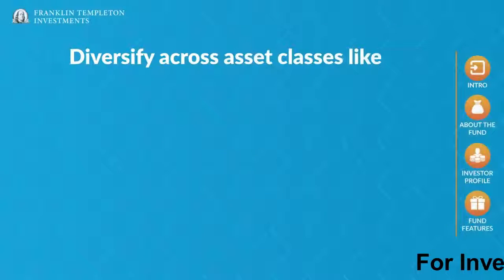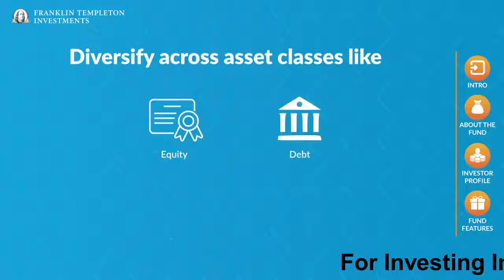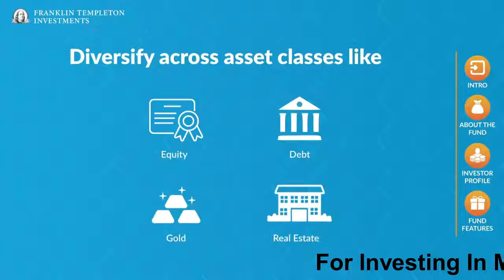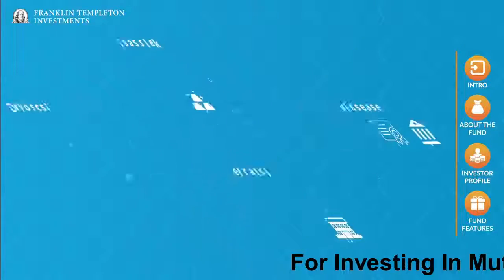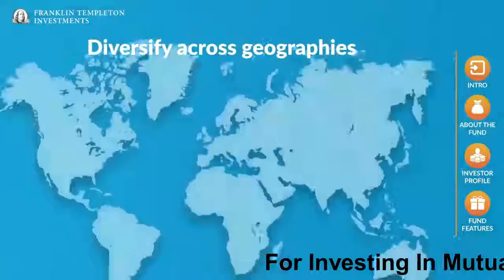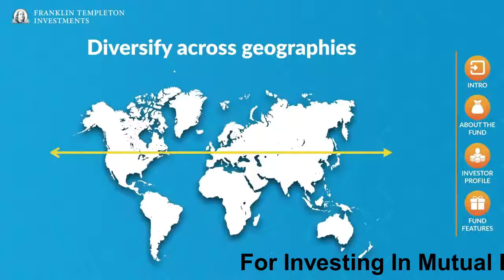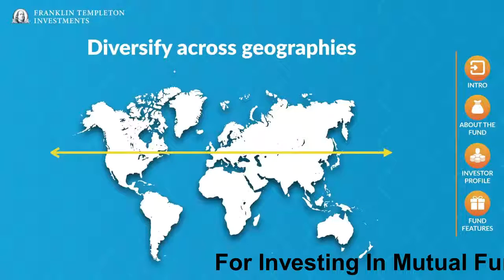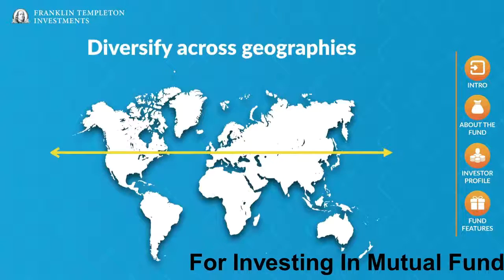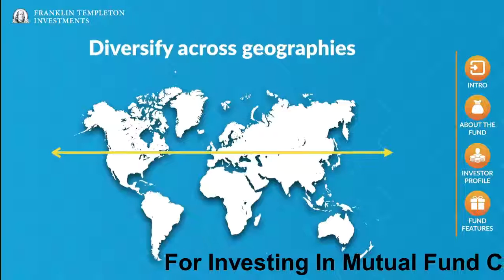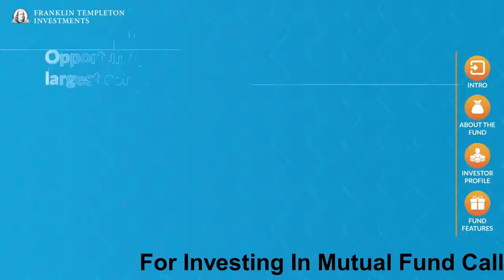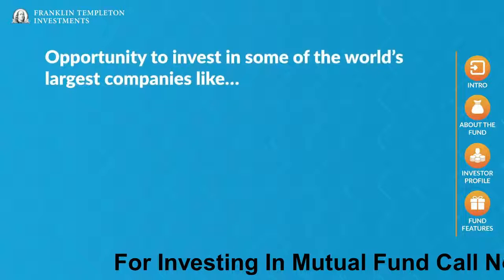When it comes to diversification, investors typically look at investing across asset classes like equity, debt, gold, and real estate. Besides asset classes, one can also diversify across geographies as different countries perform differently under respective macroeconomic scenarios. Another reason why one should invest across geographies is the opportunity to invest in some of the world's largest companies